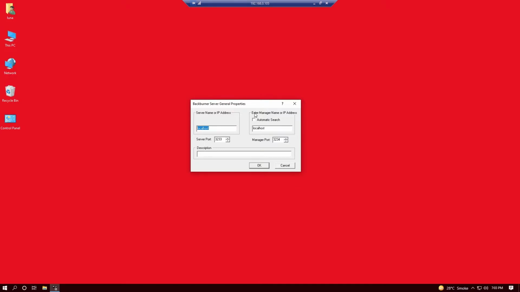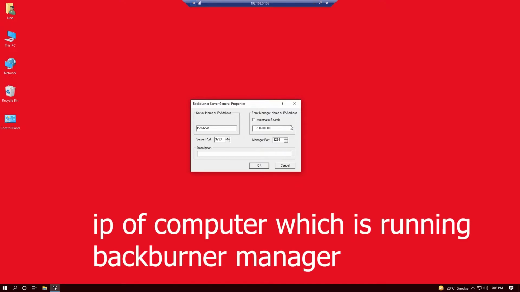So you can see this is the manager, and what you want to be doing is putting up the network IP address for the main machine, which is .0.101. This is the IP address that I have assigned for my main computer, and if you have been following along with my other videos, you can see what I am talking about.